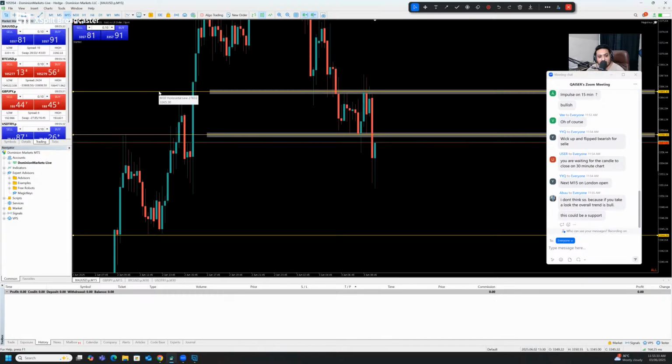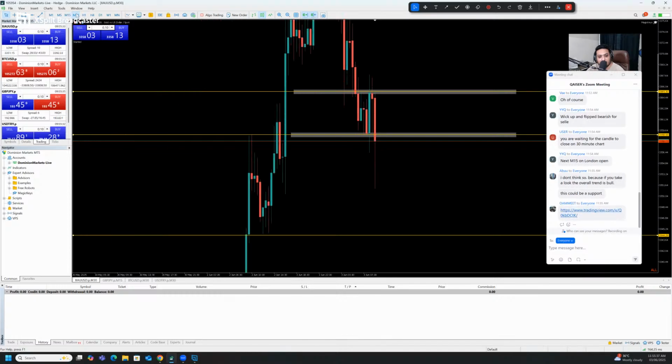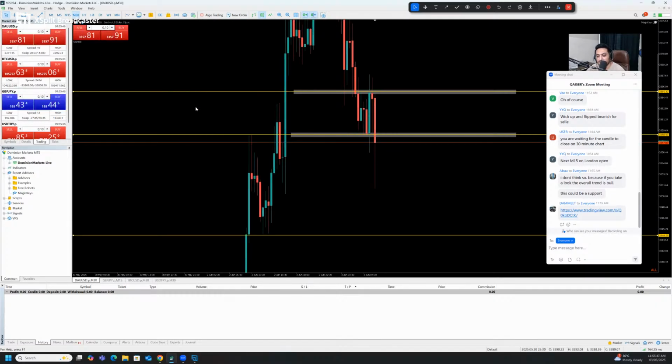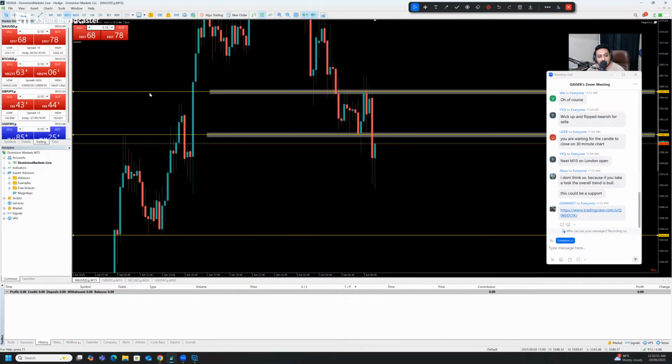Still I can see some kind of bullish structure right now, the way it's reacting. Look at this one, the 30-minute time frame is rejecting. The 15-minute is having a lower confirmation right now. So just need to wait a little more. Just wait for the 5 minutes. 5 minutes will give us a more clear picture actually.